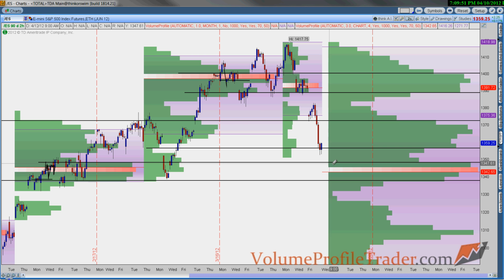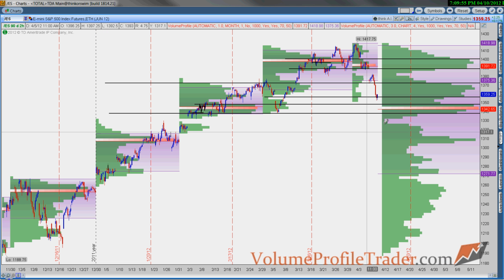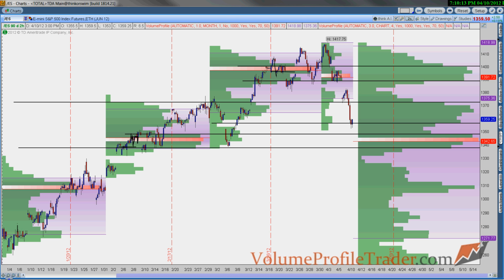The reason I say that is because look at where the point of control is for the last 90 days. It is at 1342, so it's not like we're just judging the volume for a month. It's the last 90 days. So you do have some significant volume here since this rally has begun at this 1342 level, and it's worth noting. So what I would say is we're due for some type of oversold bounce, and we'll probably bounce up